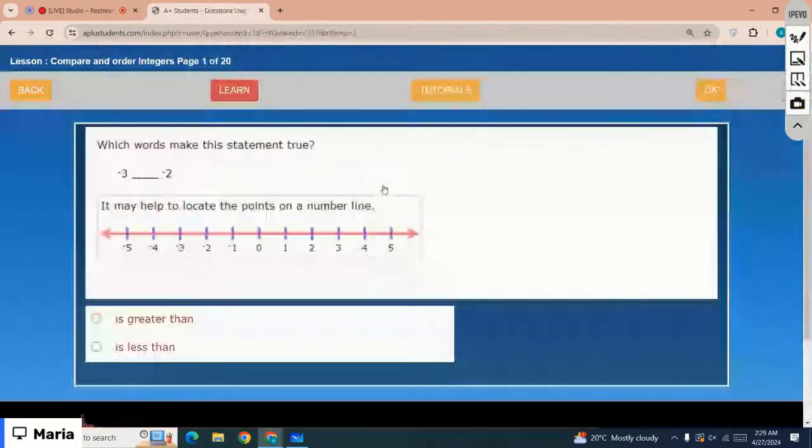Which words make the statement true? Negative 3 and negative 2, they both are the negative numbers, right? And they are on the left hand side of the 0. So, as you are moving far from 0, the numbers are getting smaller and smaller, right? So, that means negative 3 is less, because negative 3 is farther from 0 than negative 2. So, negative 3 is